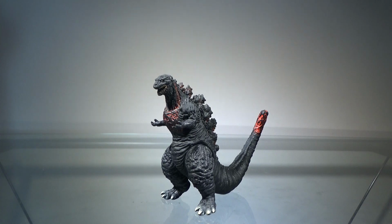Now this version of Godzilla comes from the 2016 film Shin Godzilla, which I've said before in the previous Godzilla video, but in case you haven't seen that video, I'll quickly explain it here: Shin Godzilla is actually my second favorite Godzilla movie of all time. There are so many things about it that to me are just really good. The soundtrack is really good, the story itself is really good, and Godzilla himself,